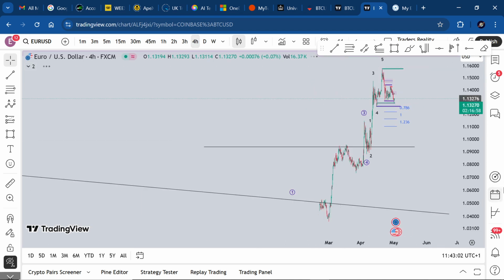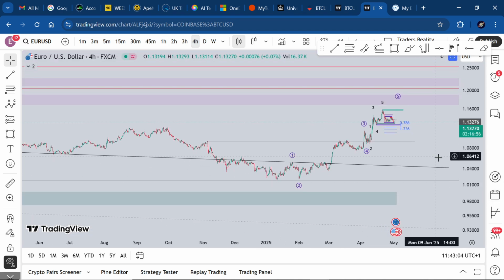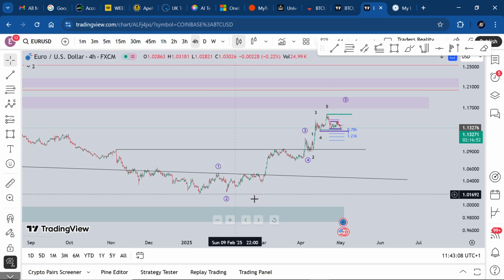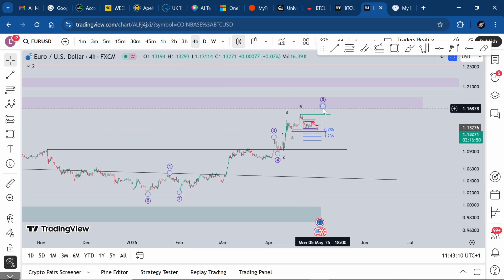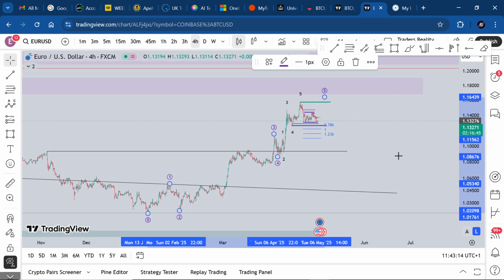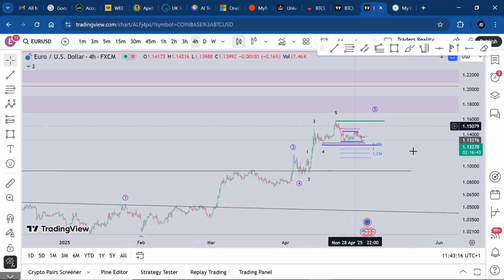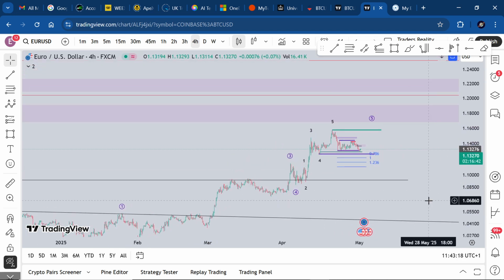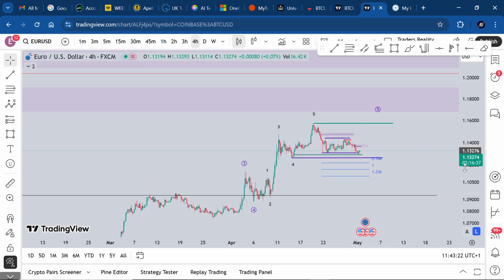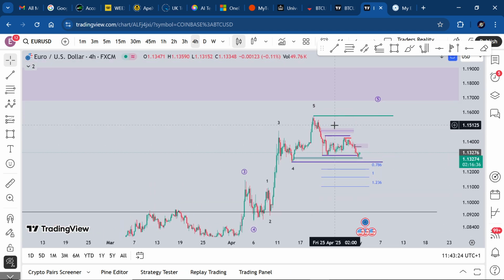I'll just go to the 4-hour. You can see on all the prior videos the count, but let me just zoom in. Okay, you can see we've got 1, 2, 3, 4. Looking for purple 5, which could be here if it wasn't for the zigzag ending in an ABC. So that's thrown me off because everything prior to that has been impulsive. Okay, I still got the 5 there, but because this did not give us a clear 5 wave,